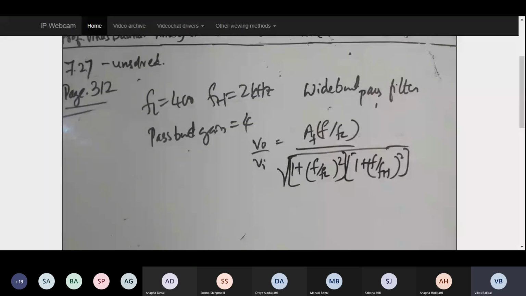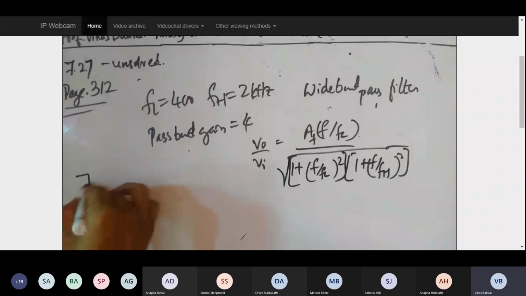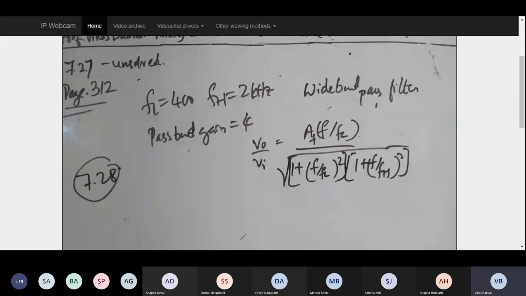So this is numerical number 7.27. On the same line, whatever equation we have solved today, that is from 7.28, narrow band pass filter, is giving a value of fc, a value of Q, and AF value, and based on that we will be using the formulas that were given for the narrow band pass filter, and accordingly we will be calculating the values. So these are some of the problems that you are supposed to remember, which will be given to you, or asked to you by giving the values.